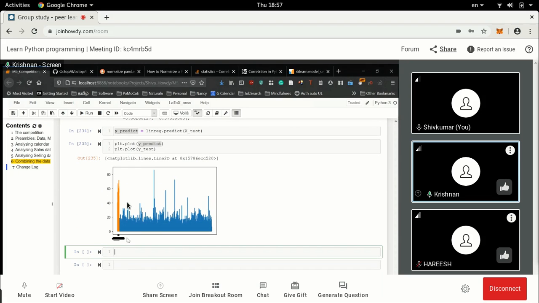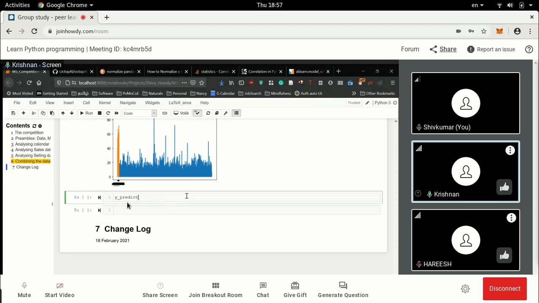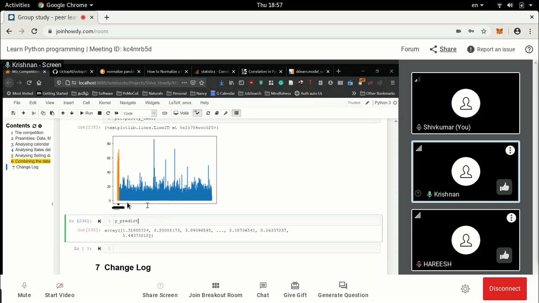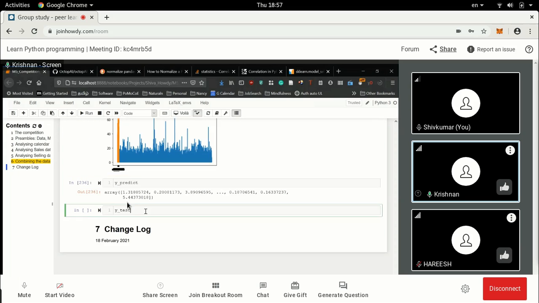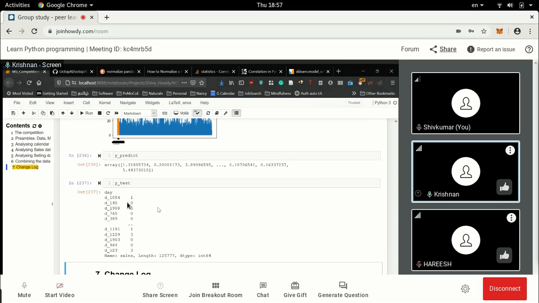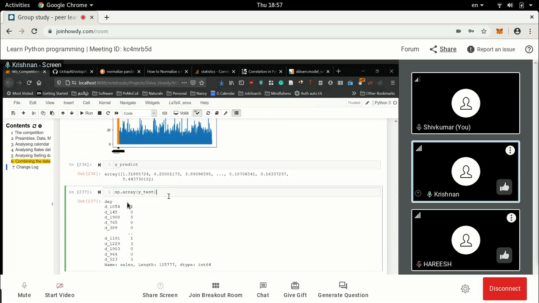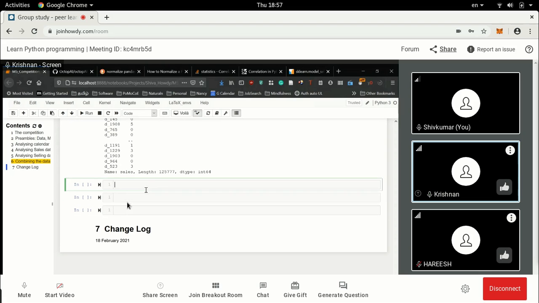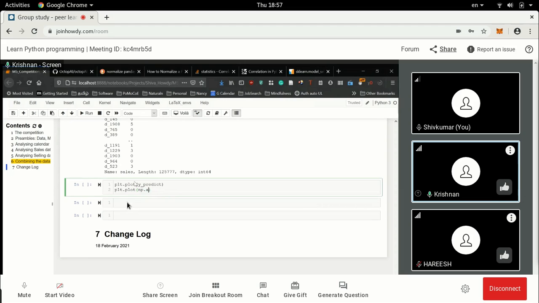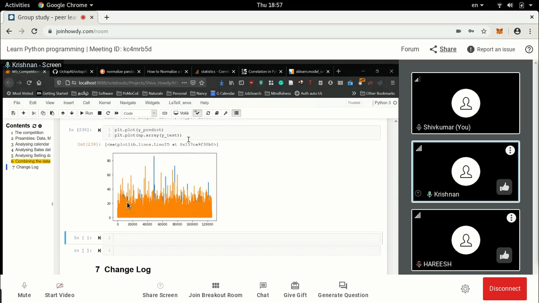I think it's to do with something. Most likely. Let me just check what x, y predict and x predict are. So this is an array, and y test, what is it? Okay. To this numpy, so I think I'll put an np.array of y_test. Yeah. Okay, so we probably have to